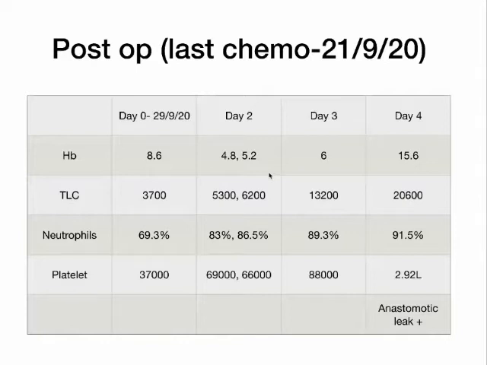The child received 2 cycles of neoadjuvant chemotherapy as per SIOP protocol. The first cycle was vincristine, and the second cycle was vincristine, actinomycin D, and doxorubicin. The child completed the second cycle on the 21st, and from the next day itself presented again with bilious vomiting and colicky pain abdomen. We tried a conservative approach, but the bilious aspirates were too high, 300 to 500 per day. So we had to plan an emergency surgery for this child. Before emergency surgery, we planned a CECT abdomen. Dr. Anadi, can you just discuss the CECT abdomen post chemotherapy? Yes, ma'am.